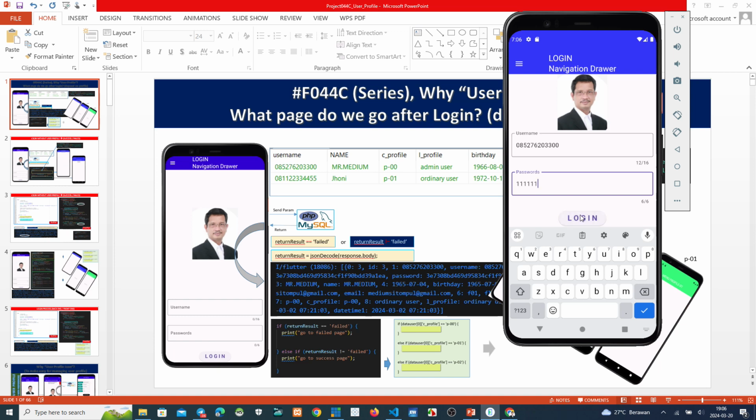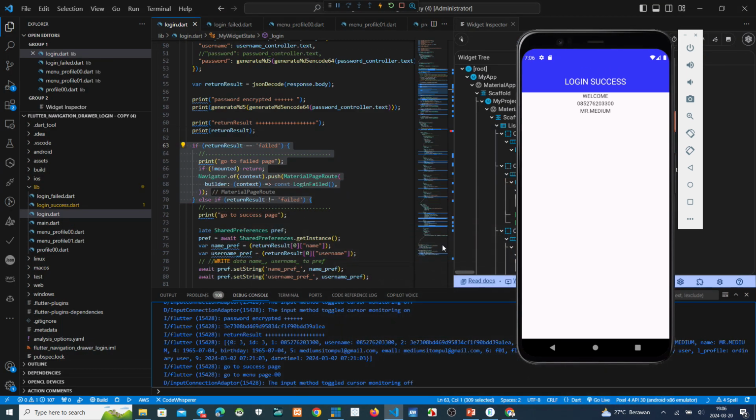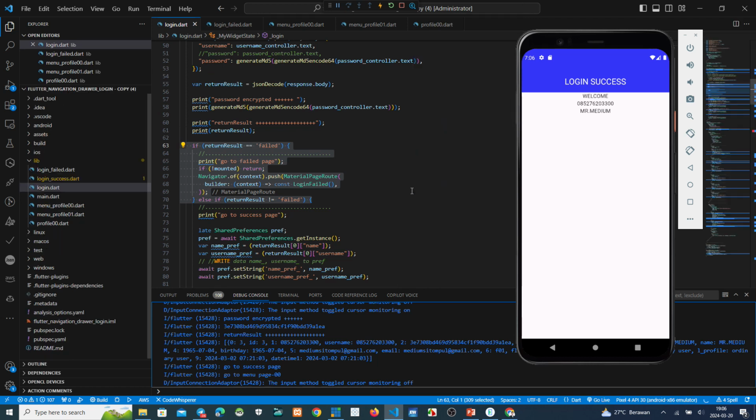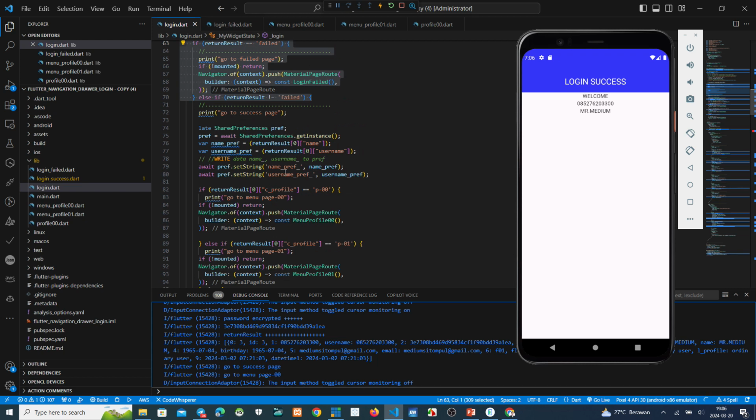Click here. Oh, why? Login success. But we want, after the login success, moment please, where is it?